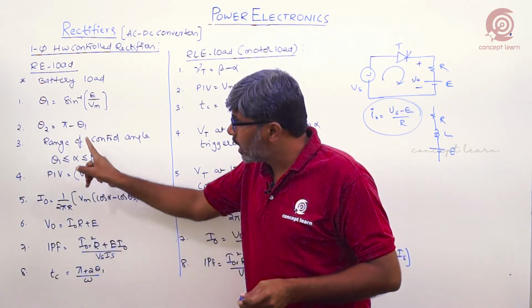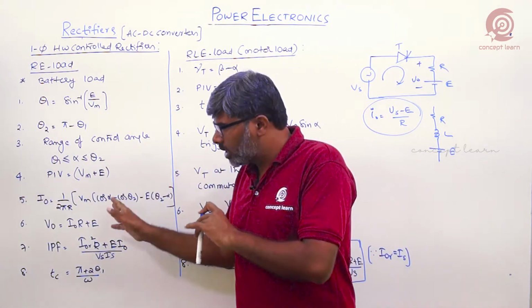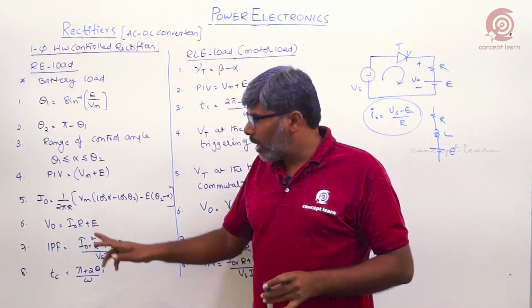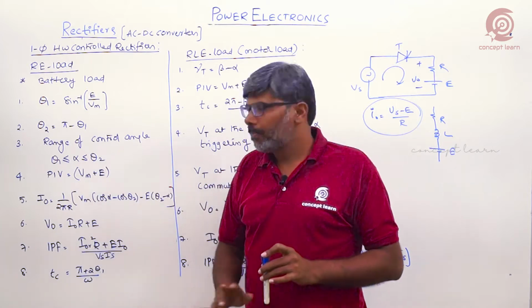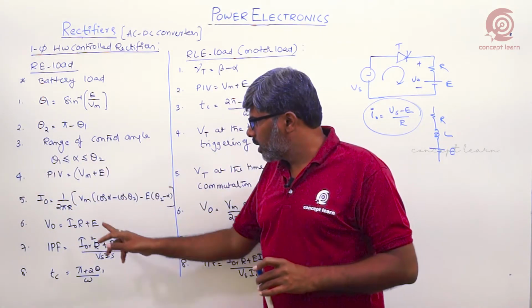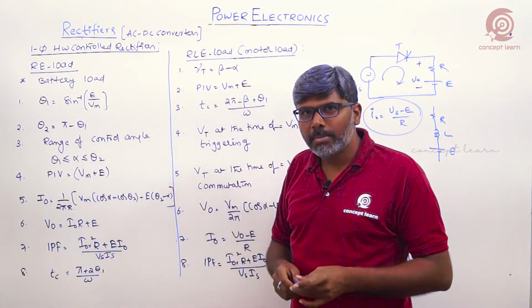It should be greater than or equal to theta 1. So data should be provided with the alpha. If there is no alpha, consider alpha equal to theta 1. Simple, right? Theta 2 is calculated using this expression, and substitute the values to get the I0 value. That is the average charging current of the battery circuit.